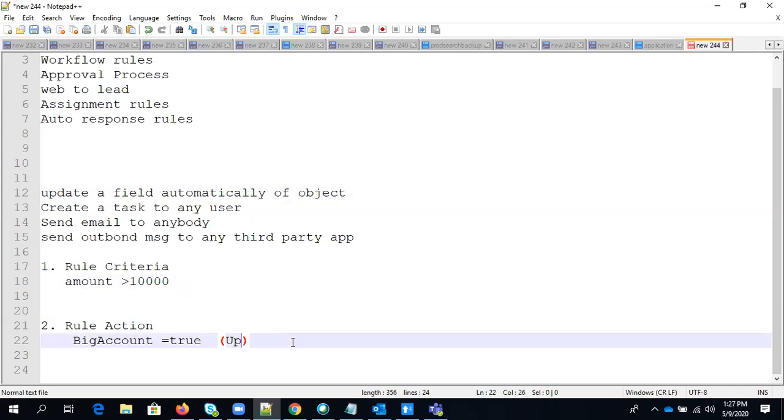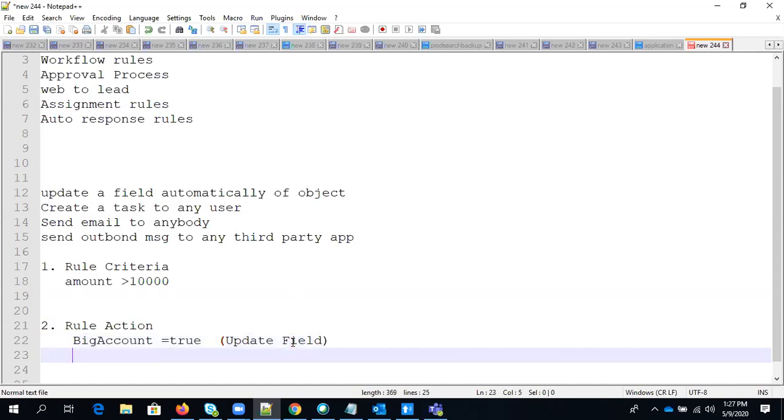So I'm just giving a name as update field, and then I want to create a task to the user, to the sales rep, that you need to call the customer.